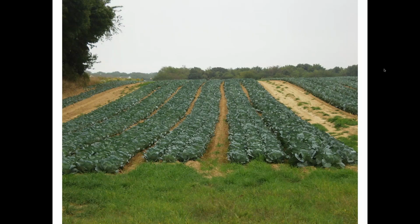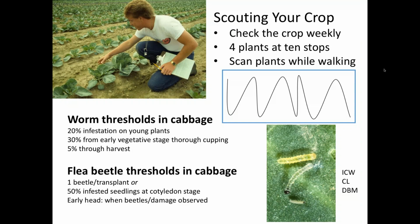as they get larger. This is a situation that I'm faced with too: how am I going to help people deal with a field of cabbage like this to successfully manage these pests? What steps would we take? So we've set up scouting programs. In fact, that was something I did when I first came here, to try to build in information-based management